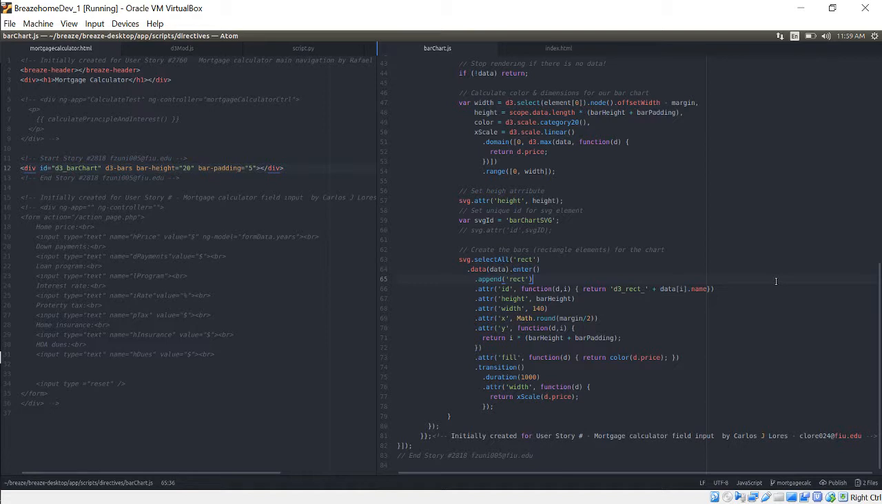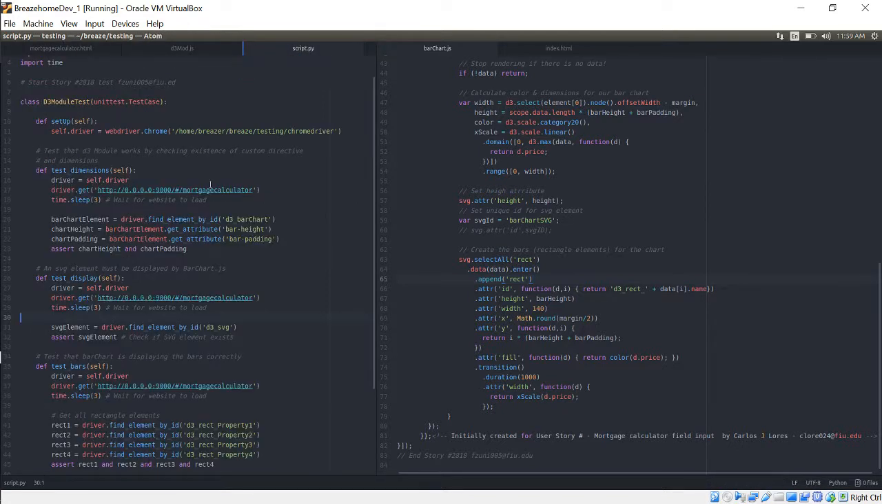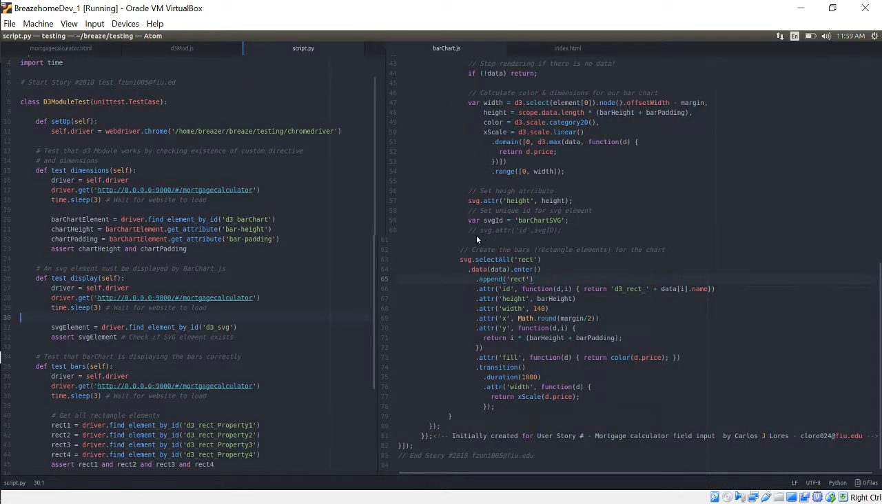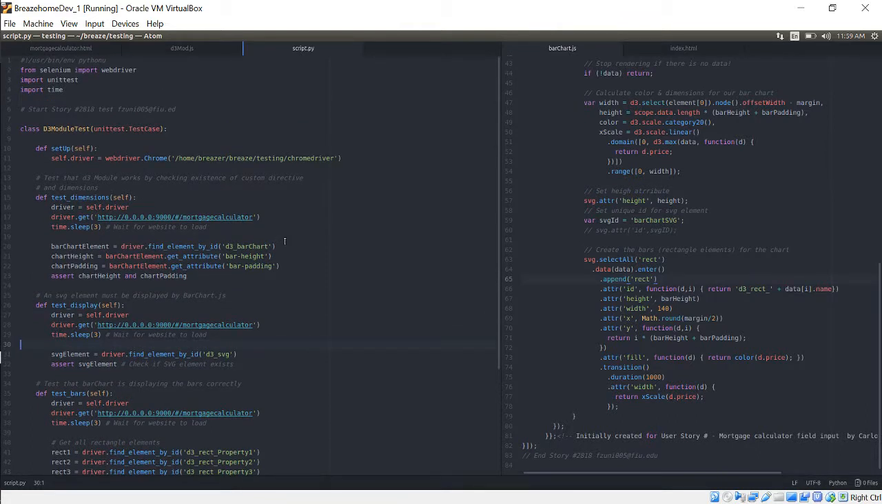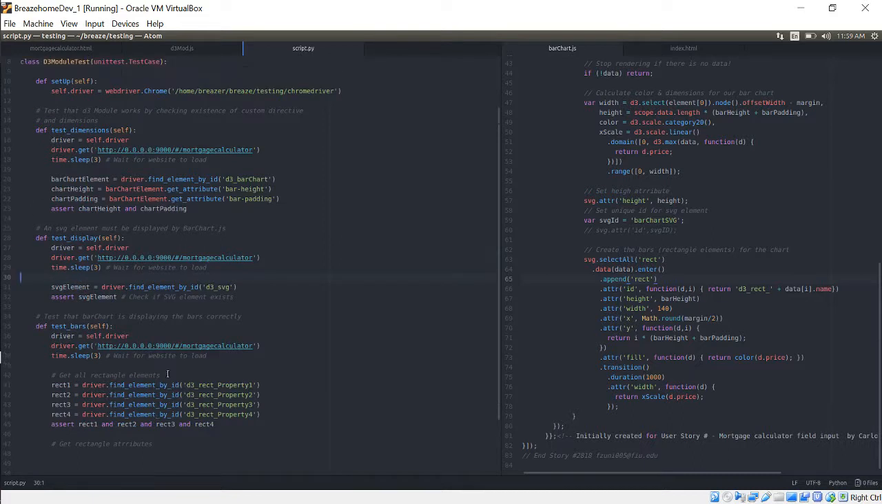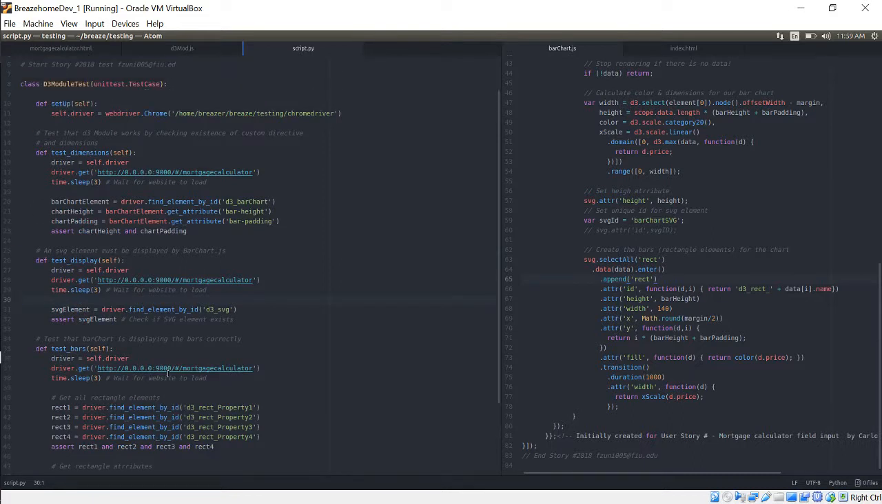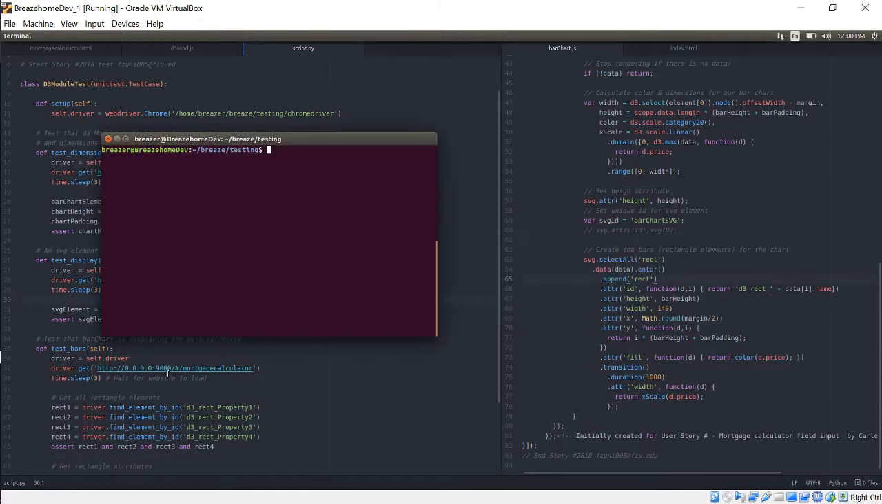Moving on to the testing, this user story was tested using Selenium. Here is our unit test class. And this is testing three different things. It's testing that the D3 bar chart directive exists on the div with the correct attributes. It's testing that the bar chart.js, or the custom directive, is returning the SVG that we need, the SVG that's going to display the bar chart. Then it's going to make sure that each of the individual rectangles in the bar chart are displayed correctly. So if we run our test script,